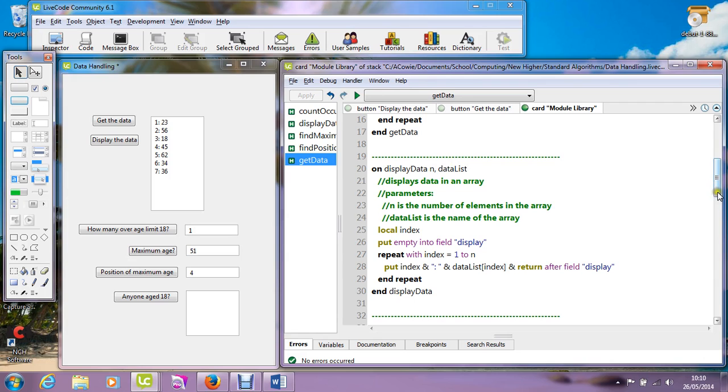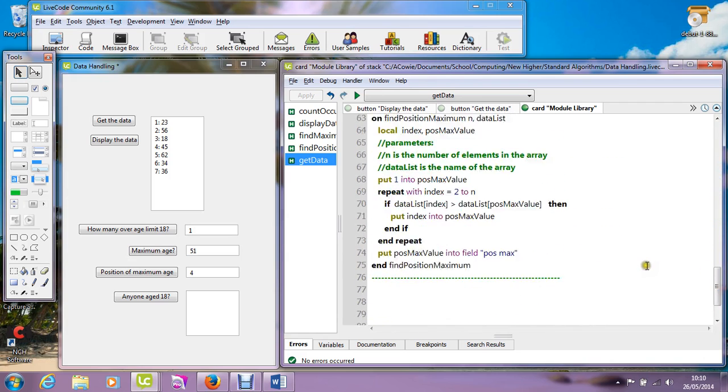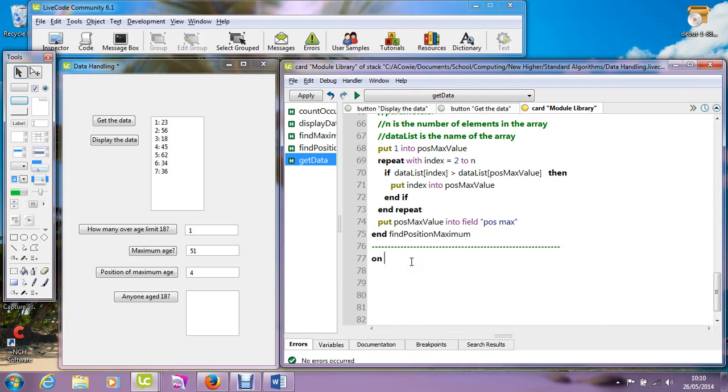Right, let's go down to the linear search, and what I want to do is to find out whether or not I've got, well, let's just keep it simple and we'll say I want to know whether the value 18 is in the data set. So I will need my counting variable index, and I'm going to create a Boolean variable called found that will start off as false, and then I'm going to look at all the values